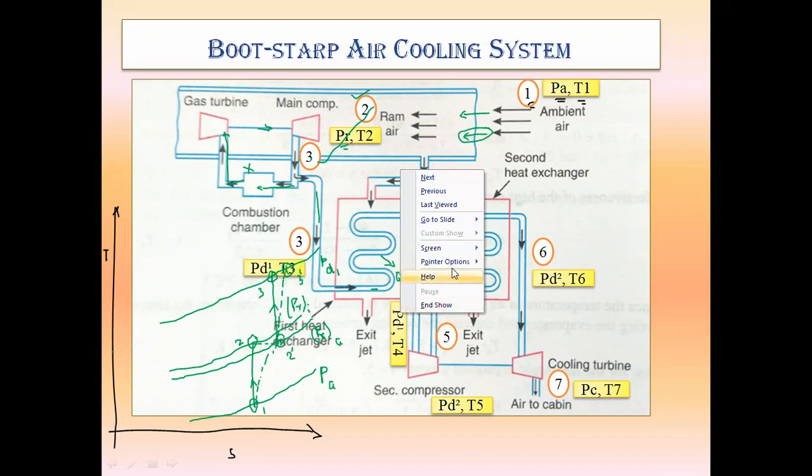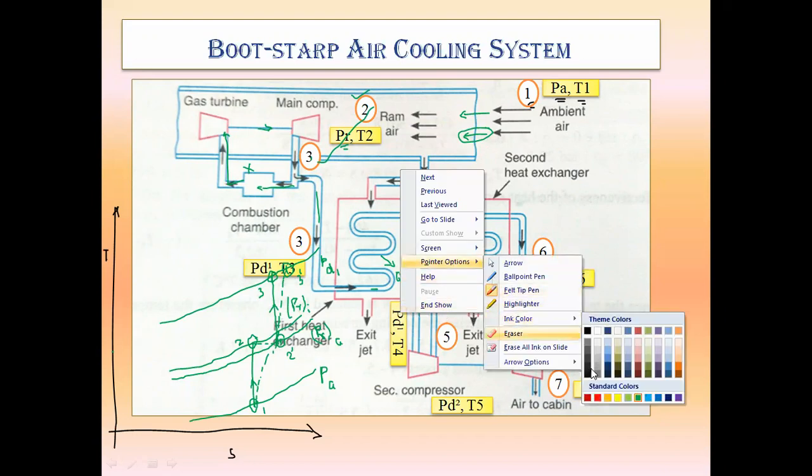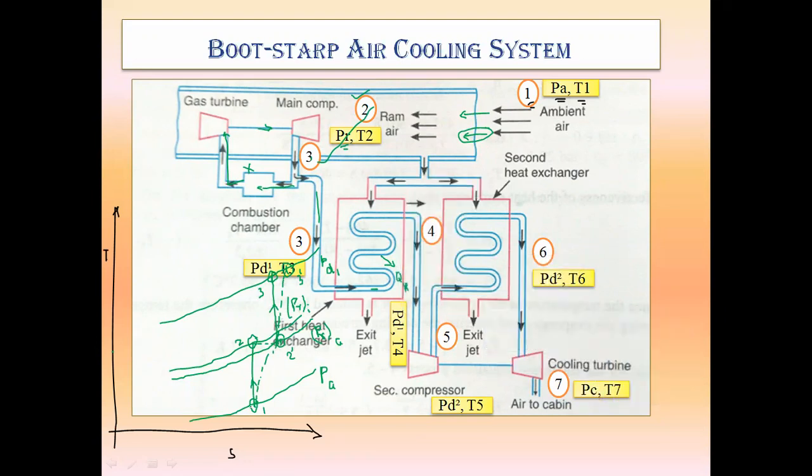So here I need to draw the constant pressure heat rejection process, but before that I will show this process with the help of another color. This was my point 1. The 1 to 2 process was likewise. This is my point 2. This is the ideal ramming process, but actually that ramming process will be likewise. This will be my point 2 dash. Here I have to consider that the temperature of point 2 is equal to the temperature of point 2 dash.